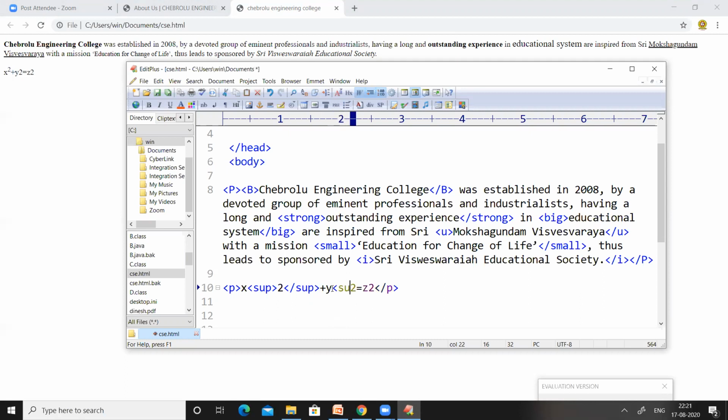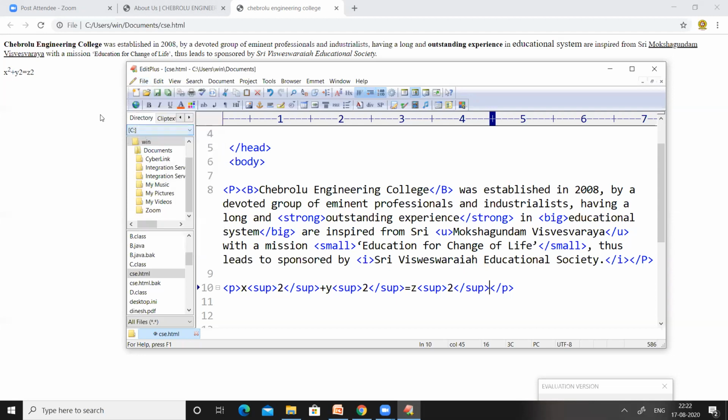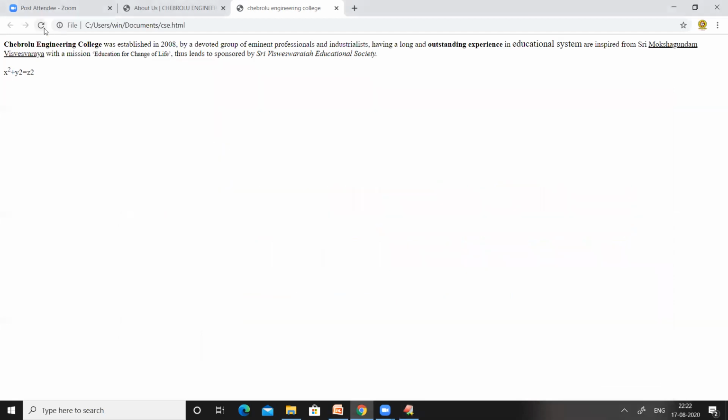That is sup, and then the end tag of sup. Now start superscript and then the end tag of superscript. Now save the program and refresh the page.